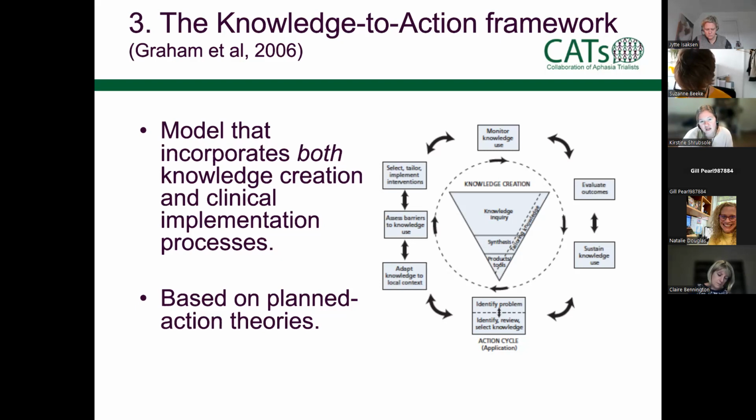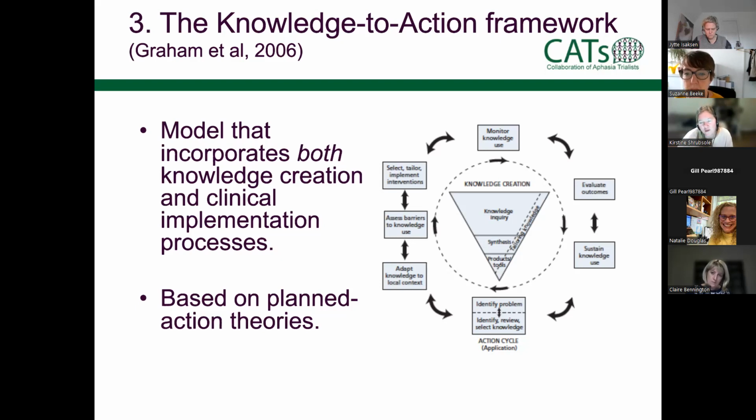But the thing I really like about this model as well is that it goes on to then say what we should do next, because often we just focus on the first bits. So we can think about how we then monitor and evaluate the outcomes. And we're going to talk more about that later in our other series. And then, of course, sustaining that implementation is really important. The bit that I like about this is it's cyclical as well.